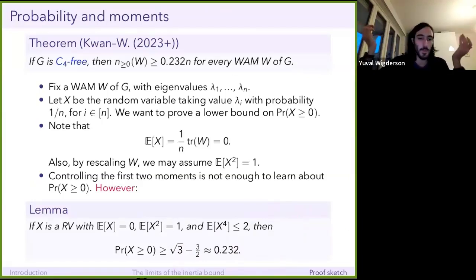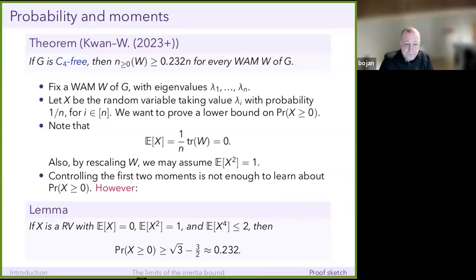But of course, there's no reason to assume that this proof technique or this lemma is the right way of doing it. The best bound that I know: if your graph is just a disjoint union of triangles, then the true independence number is n over 3. And that's C4-free. So you can't improve 0.232 to any number bigger than a third. But between 0.232 and a third, I have no idea, and I have no reason to assume ours is tight. Okay, thank you.